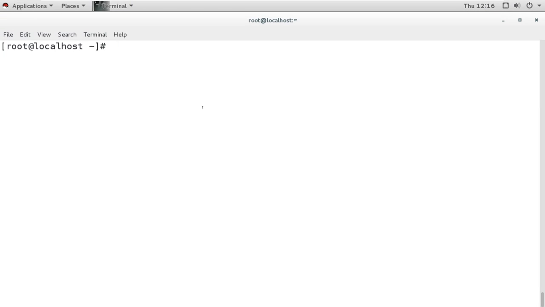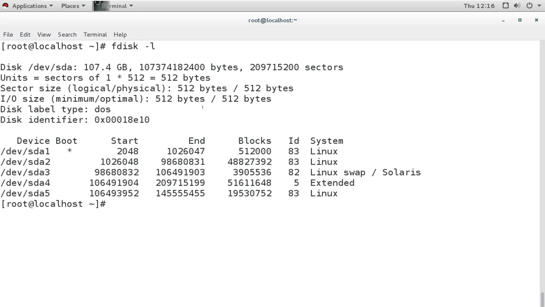In the system, if we check the partitions, we can see the first partition, SDA1. This SDA1 is also a boot partition. Why is it SDA1?